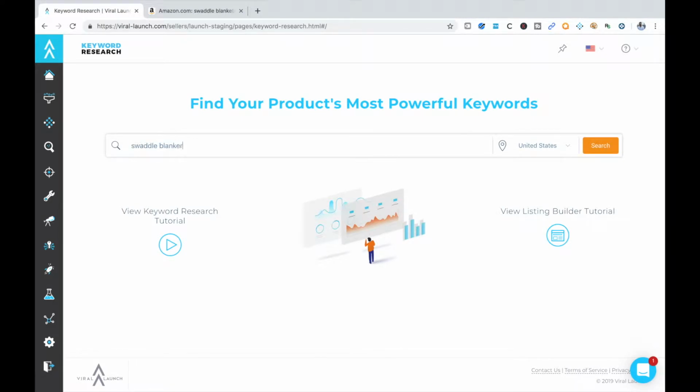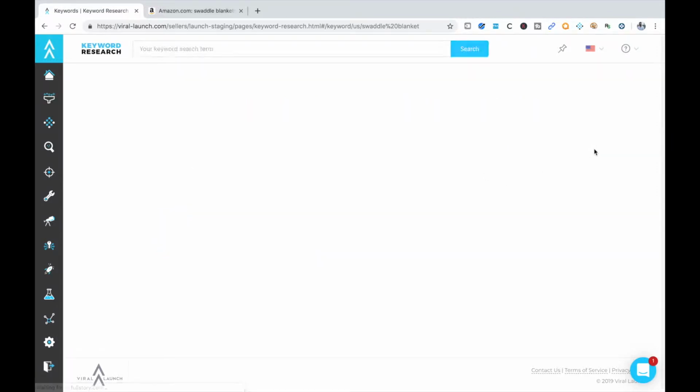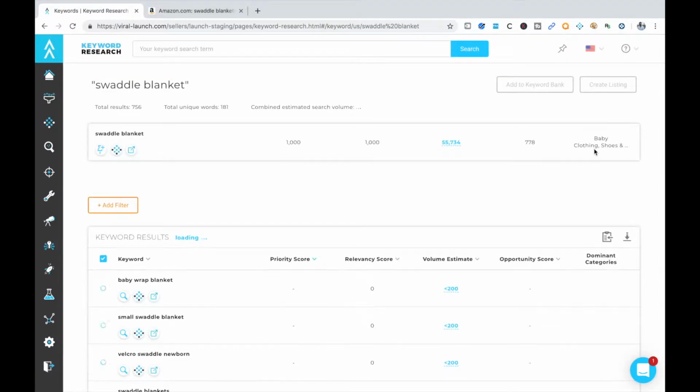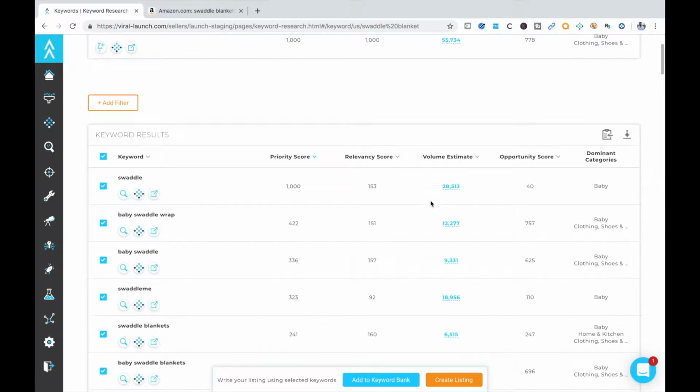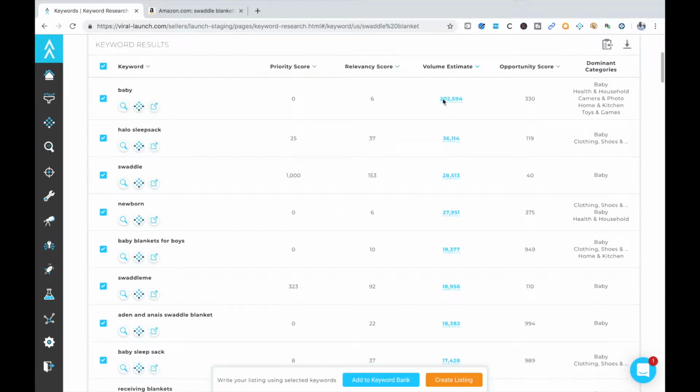Just say, for example, we're selling the swaddle blanket, right? You're gonna search. And what this tool is gonna do is get all the keywords from other listings that are currently ranking on Amazon for swaddle blanket, and it's gonna give you all their data, right? So what I like to always organize by is volume estimate, right? Because these are the most important keywords you want to put on your listing because they're the ones getting the most search. Volume estimate means this is how many searches these exact